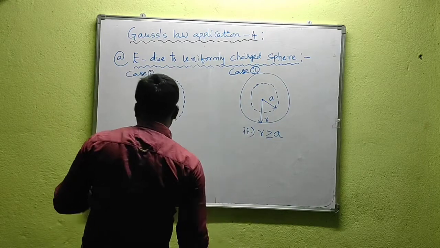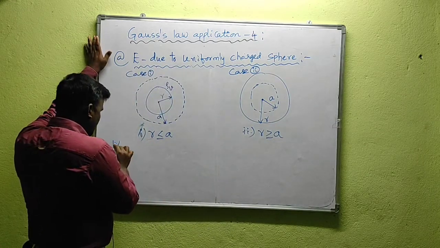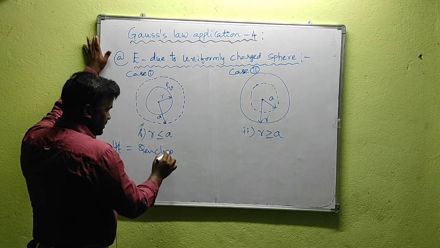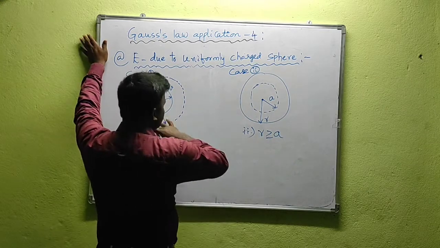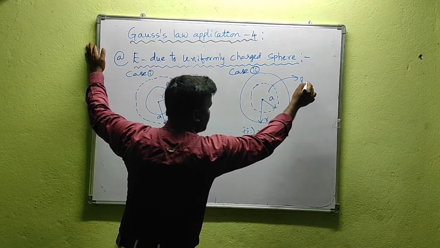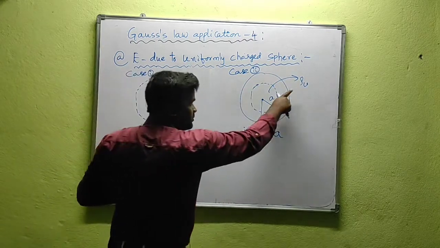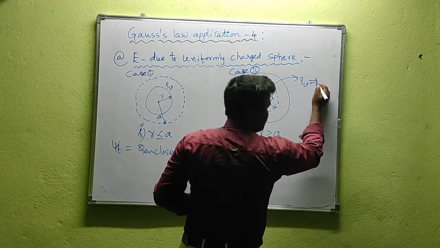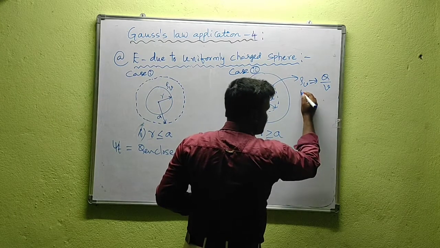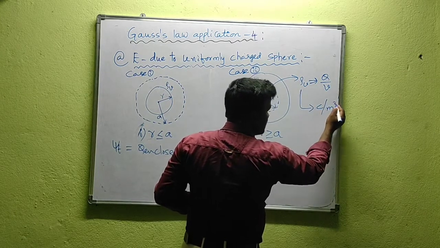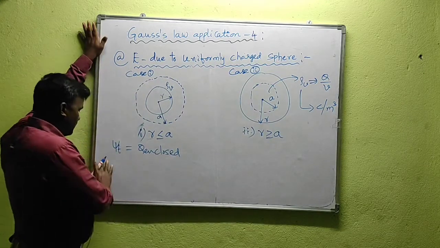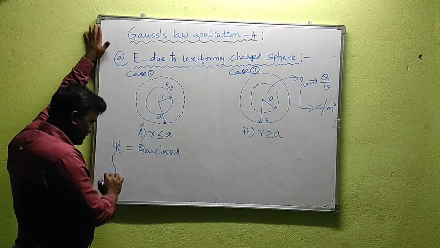What is Gauss law? From Gauss law, we know that psi t is q enclosed. Here we consider a charge with uniform volume charge density. Charge is distributed uniformly throughout the sphere with a volume charge density rho v. What about the unit of rho v? That is charge per unit volume, that is q by v, means the units of this one is coulombs per meter cube. Please remember that one. Psi t equal to q enclosed. Now let us represent this flux in terms of the flux density.